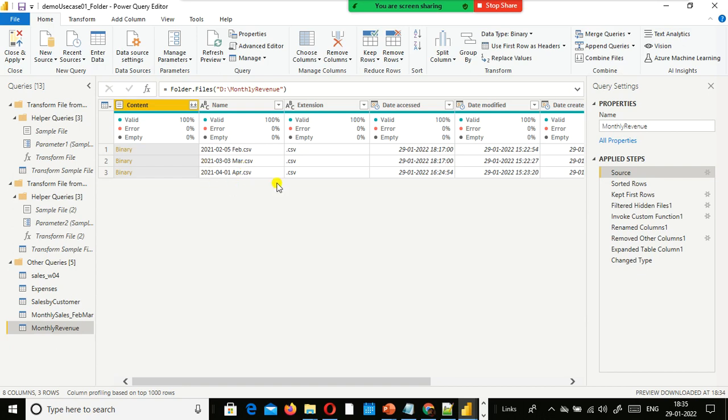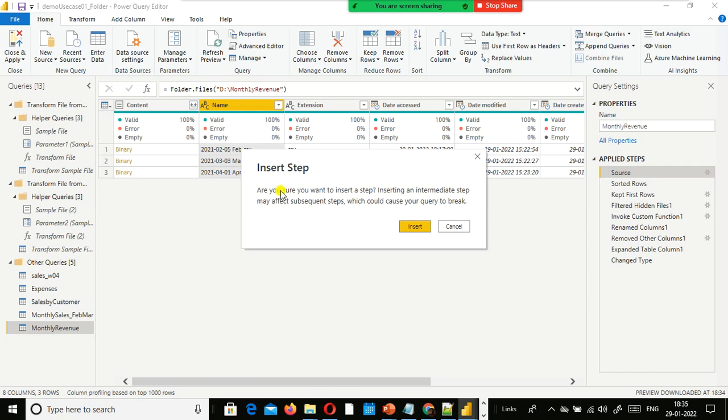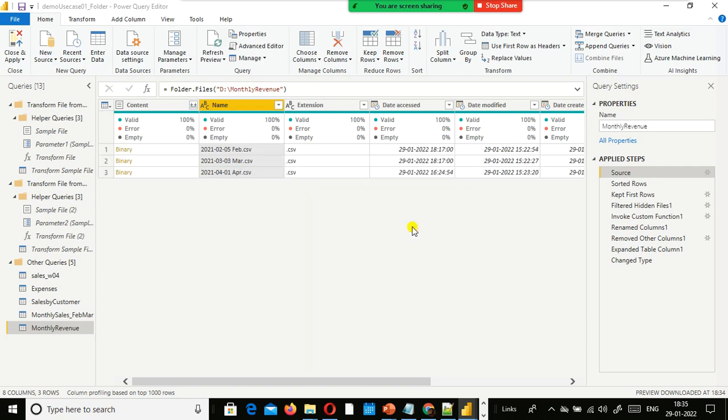But if you follow this naming convention, look here, if I go and sort descending, April, this is correct. As per the alphabet, A only will come first. But instead of March, F will come here.